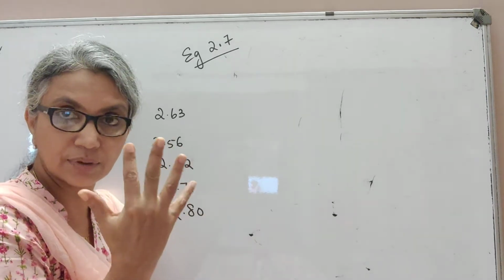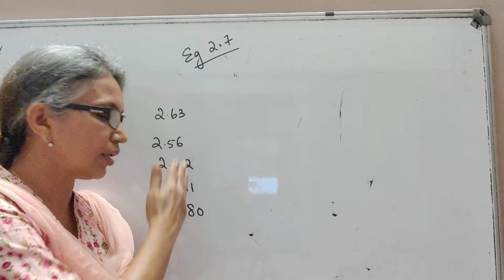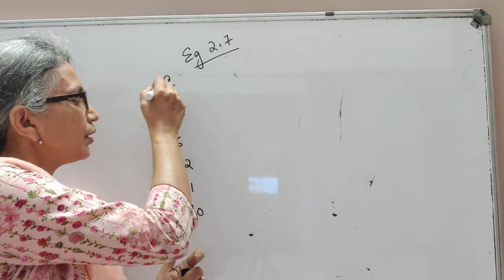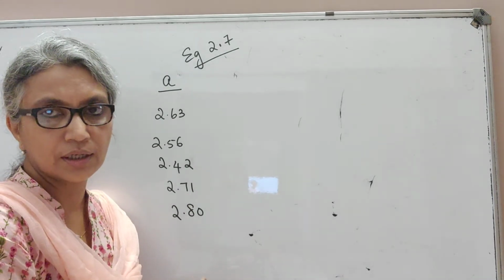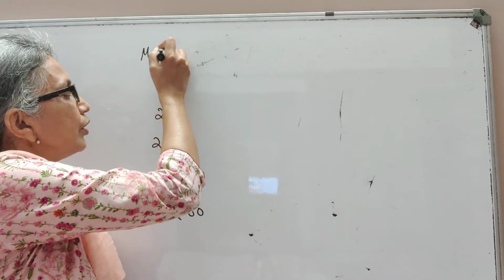So he has taken the same reading 5 times and 5 times it's got different values, showing that there is an error. So this is what I'm going to call as A. That is the measured value. Measured value of the reading is what you call as A. I'll write the heading here as measured value.